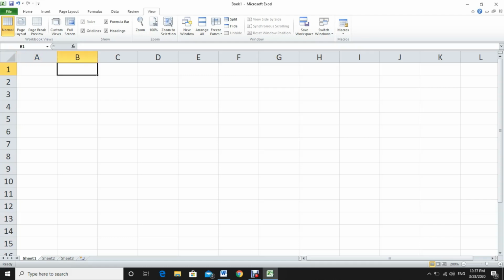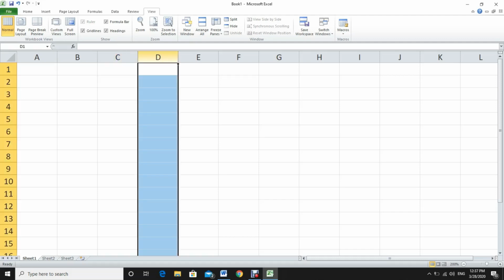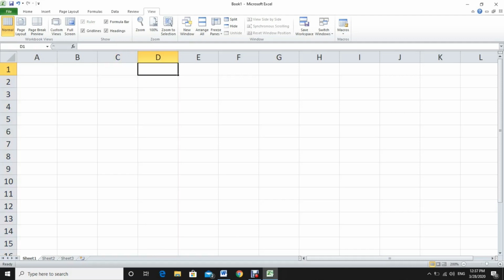This is B1. This is C1, the letter C and the number 1. This is D1. This is E1. This one, taking the letter B from here, is B2, B3,